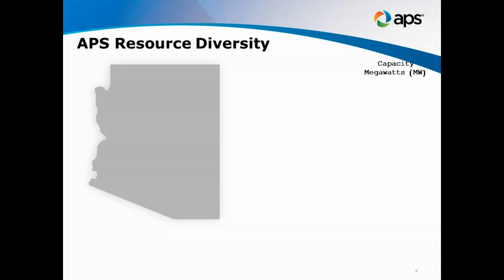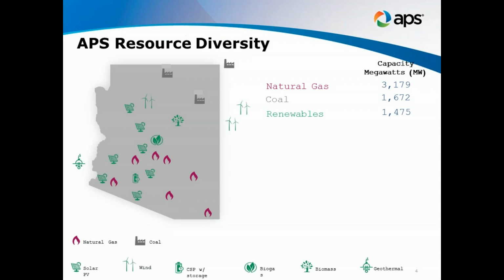All right, what is our resource diversity? How do we meet our system peaks? Natural gas is our primary, most abundant fuel source, followed by coal. We've got 3 large plants, or output from 3 large plants across the state, primarily in the north and northeastern corners of the state. And we have a significant chunk of renewables connected within the state of Arizona, mostly from solar. There's about 100 megawatts of wind. We also are the co-owners and operators of one of the largest nuclear plants in North America, the Palo Verde